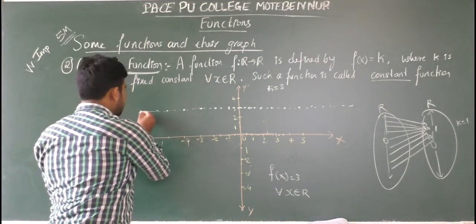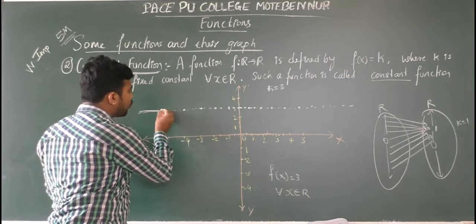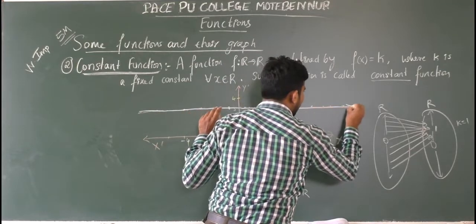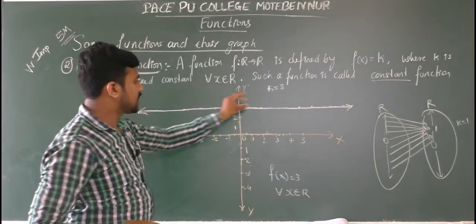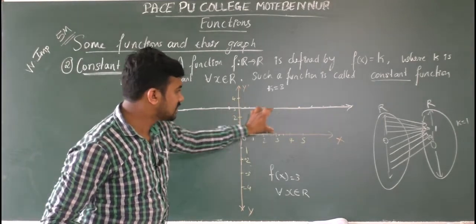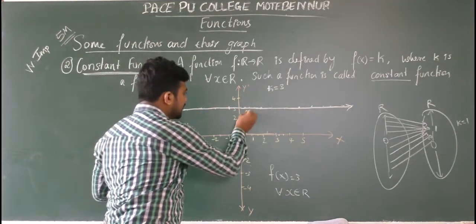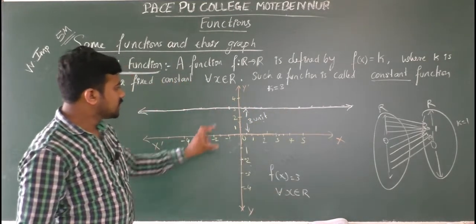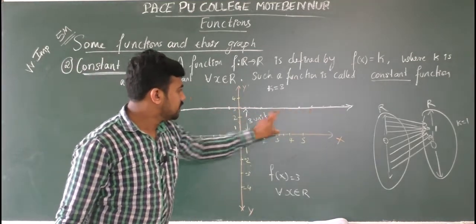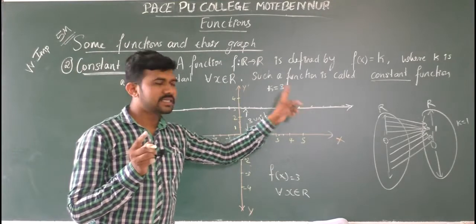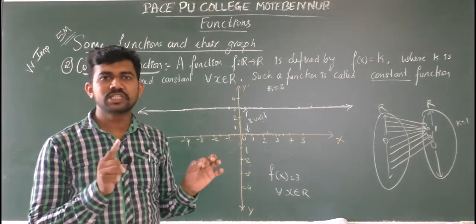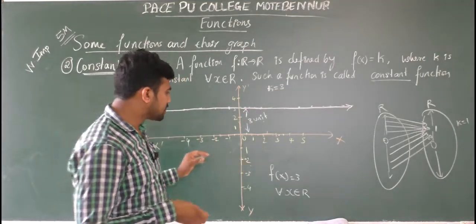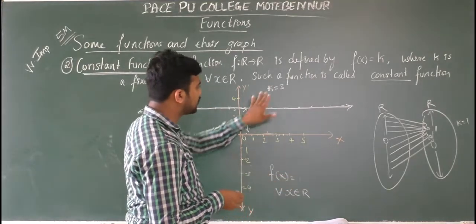As a result, there is no space between any 2 points here. So that is nothing but we will get a line, such that the line is parallel to x-axis. The distance is same. What is the distance? 3 units. Okay, see, the distance is same from the x-axis. So we can say the graph of a constant function is a line parallel to x-axis. Okay, if you consider any number like this, k place ಅಲ್ಲಿ ನಾವು 3 ಅಂತ ಕನ್ಸಿಡರ್ ಮಾಡಿದ್ರೆ ಈ ಥರ